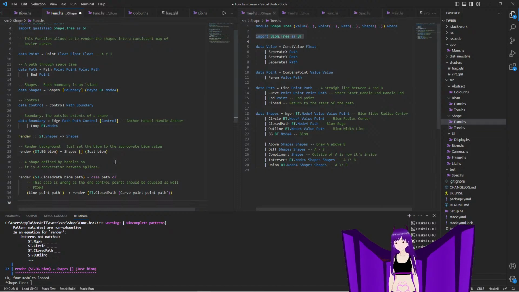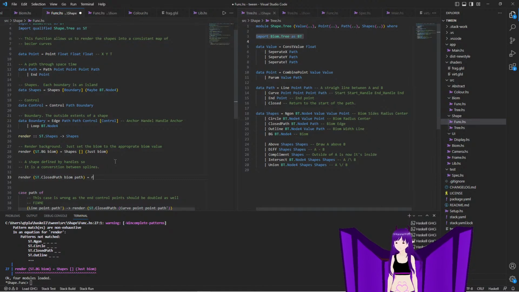Also, when we're recursing through the line, you actually got to recurse. We've got to keep track of that. Okay. I'm going to call this render closed path. Of course, I've realized I'm going to have to take care of the matter of the endpoints. So